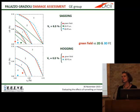This is the typical sort of results they were getting. They were applying some settlements to the bottom of a very complex mesh of the building, and then looking, for instance, this is the greenfield settlements applied at the bottom of that mesh, and this is the results in terms of contours of maximum principal stress. If we look at the facade on Via degli Astalli, we can see that if we impose the greenfield displacements in the short term, we have quite a lot of important stress,